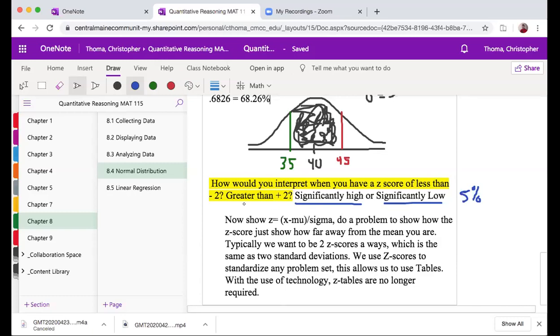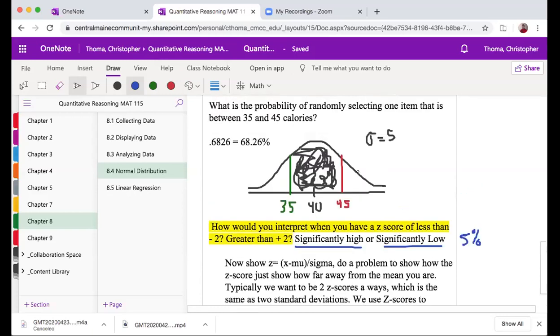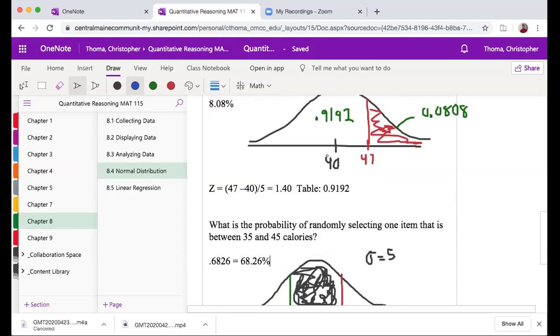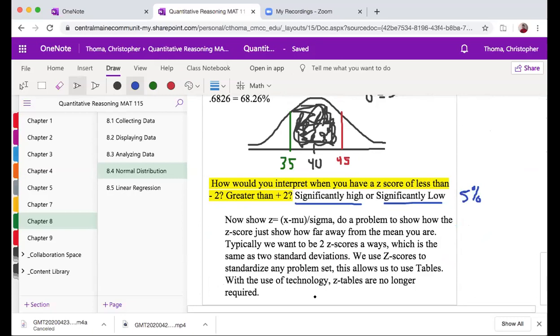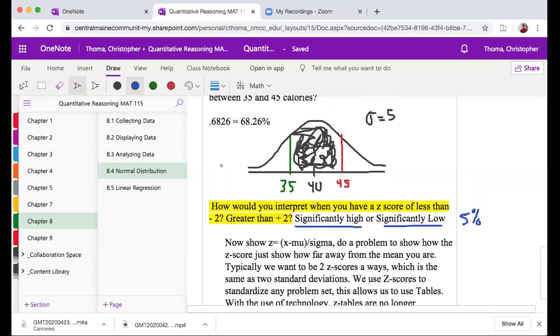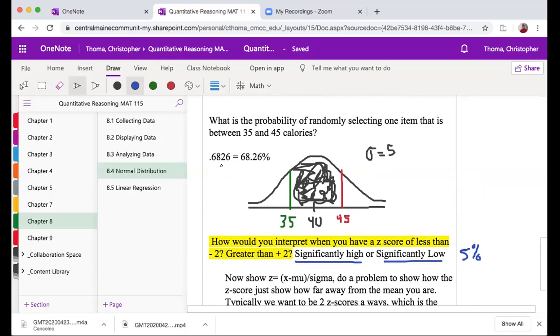Where this 2 comes from is basically saying, I want to be within plus or minus 2 deviations, which is where I get the 95% from. So I think I've beat that up more than enough. I've already talked about how we can use technology to do all this versus tables, and we can play with that here in a minute. Any questions on the normal distribution? Now, Dylan brought up a good point